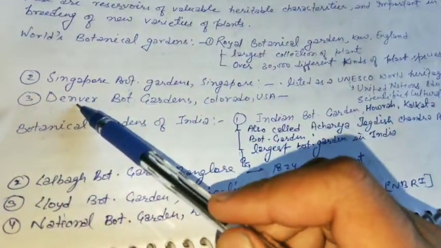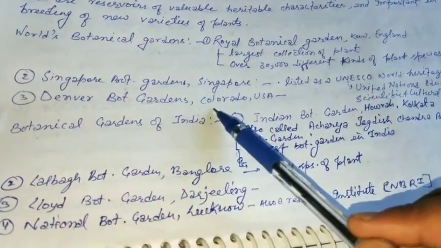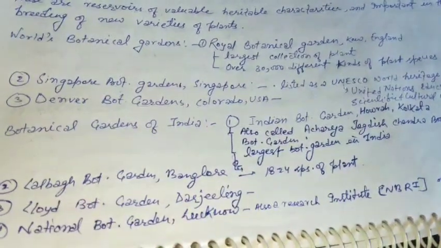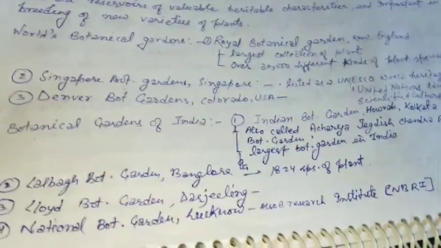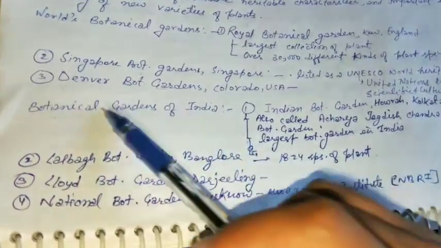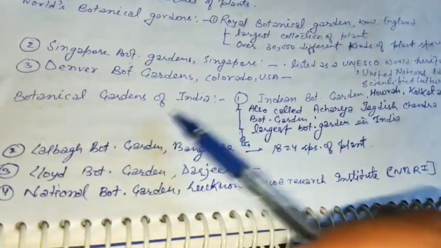Then the next one is the Denver Botanical Garden, which is in Colorado, USA. This is the largest botanical garden of North America. Now, coming to the botanical gardens present in India, some of them include